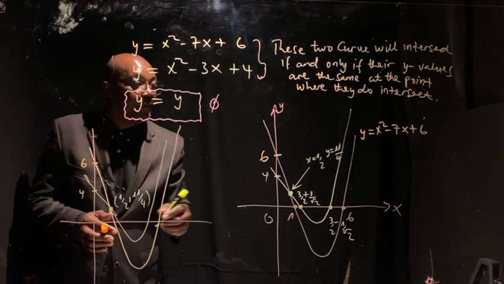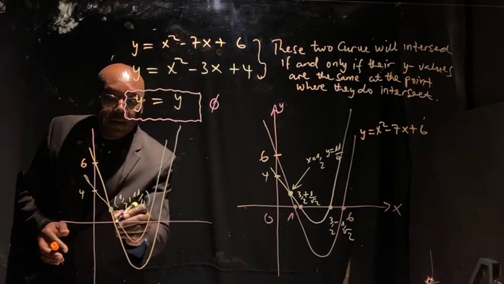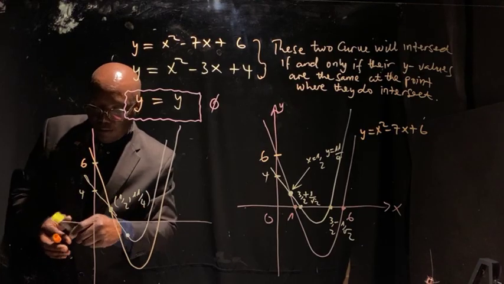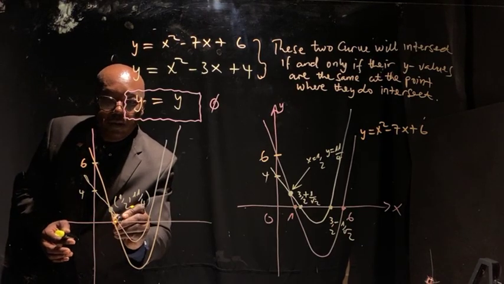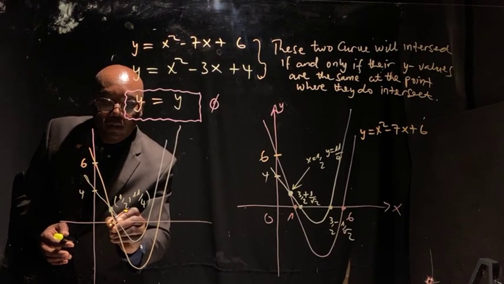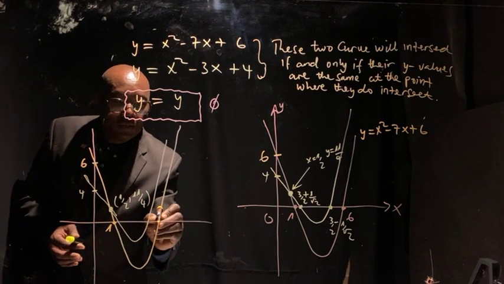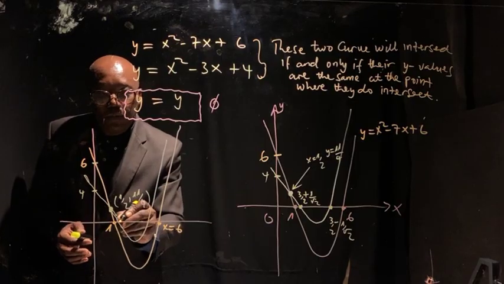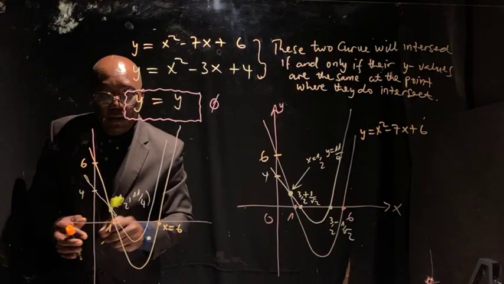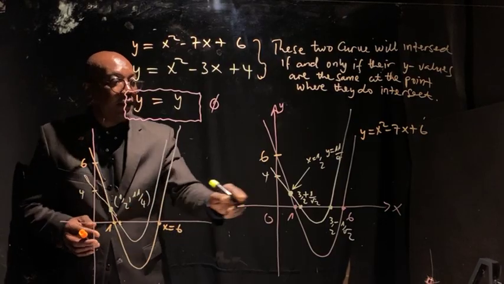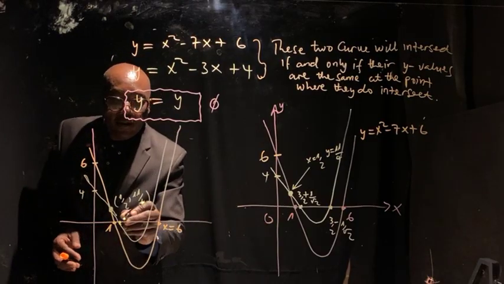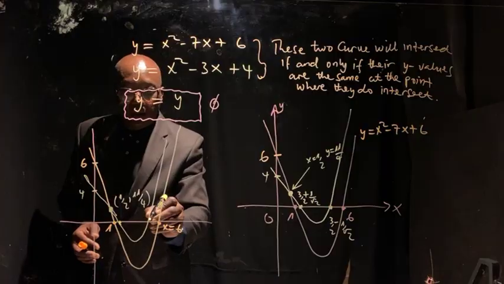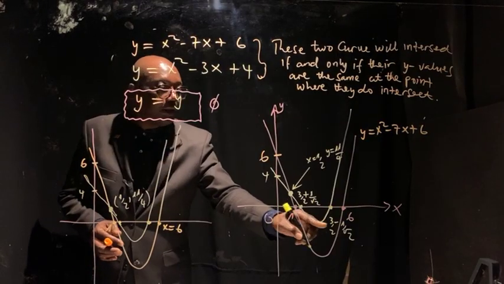Yeah. And this point here was x equal to 1, and this point was x equal to 6, and this point of intersection is 3 over 2 plus root 2, and this point of intersection is 3 over 2